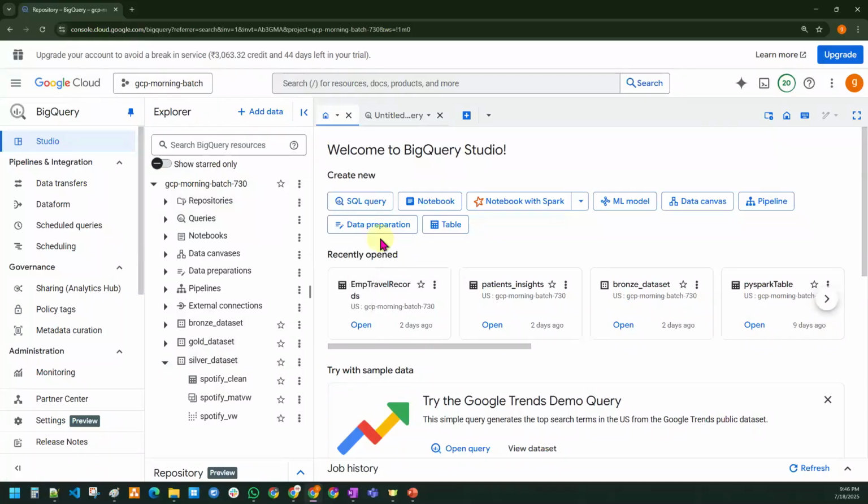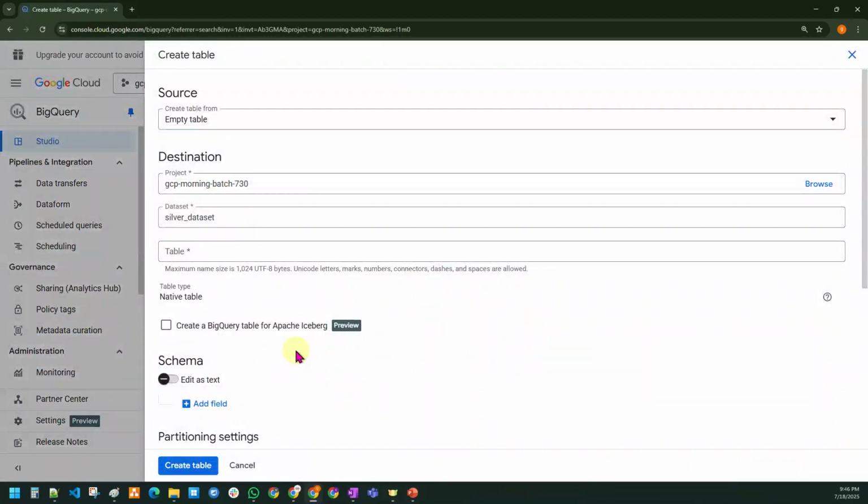See, click on create table. I am able to create a table also. Right, so this is one of the first interface methods, that is the console, guys, which is